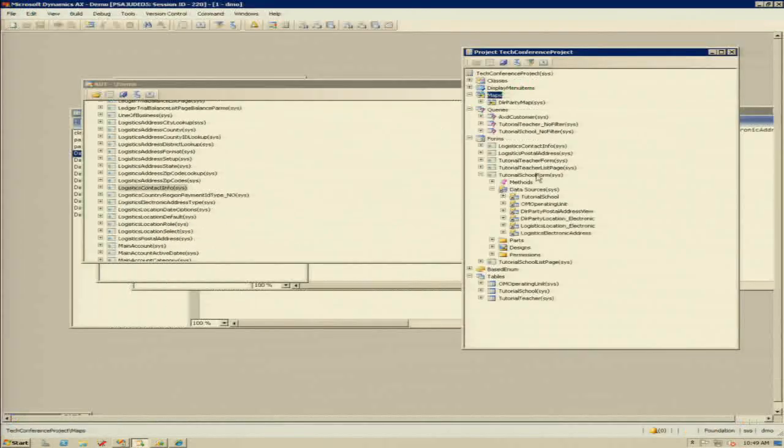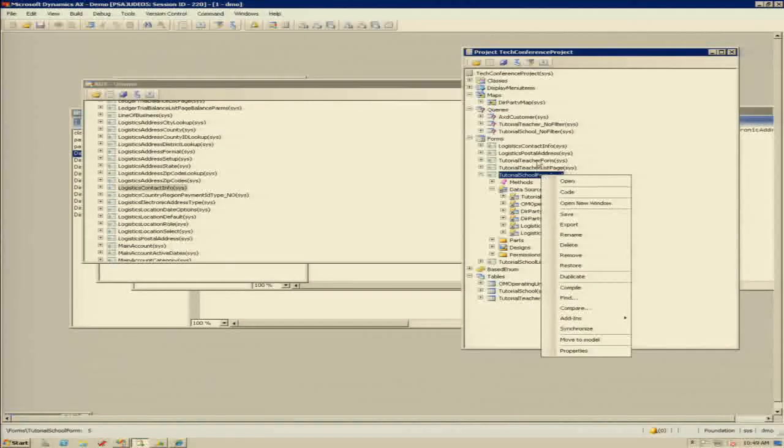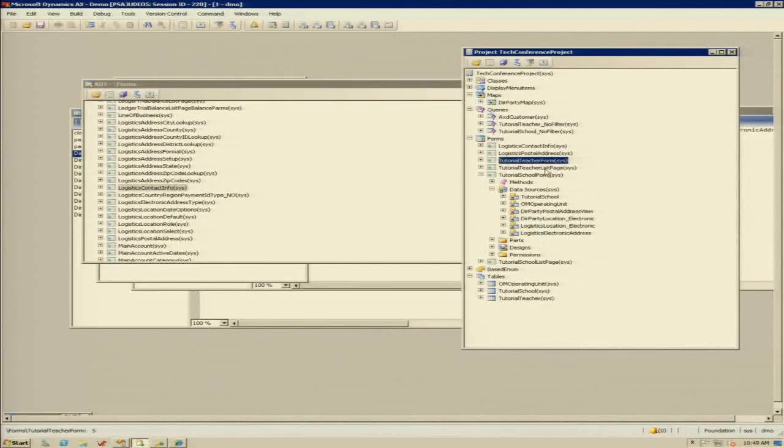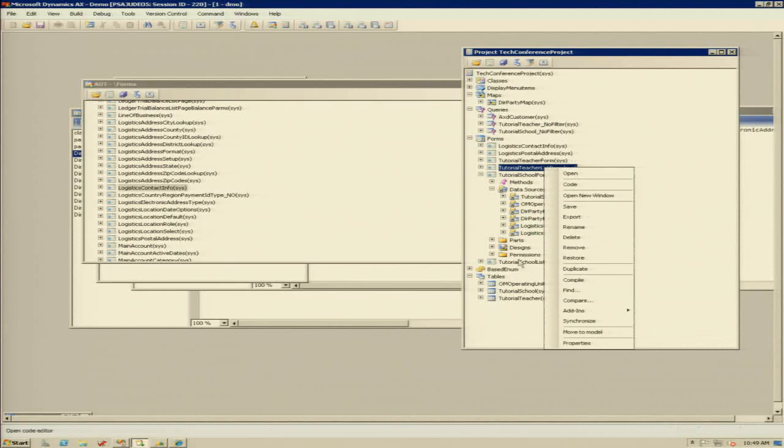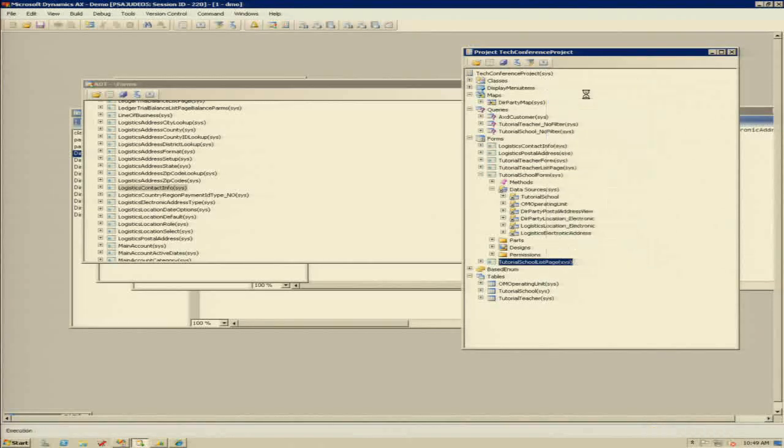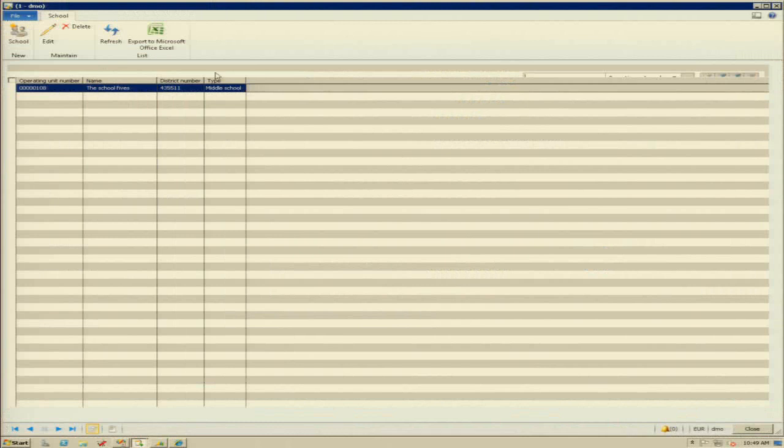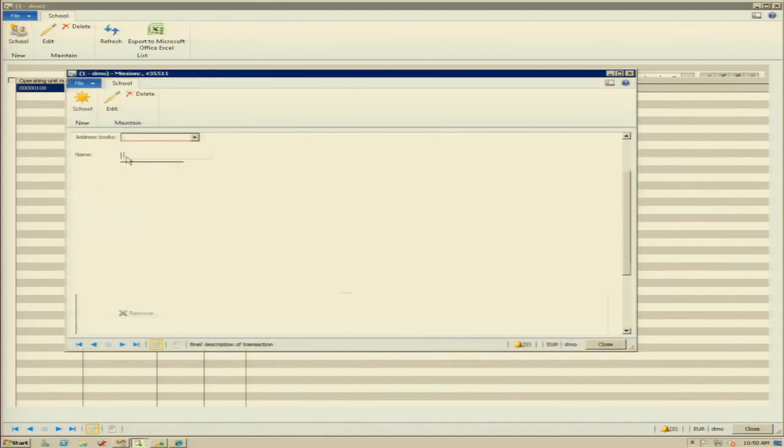So typically what would happen is you would have a list page of schools where you manage your schools, and you go in. Your list page for schools will look something like this, where it shows a list of all the schools in your system. We currently have 1, and you can go in and create new schools and edit existing ones. So I would go in,